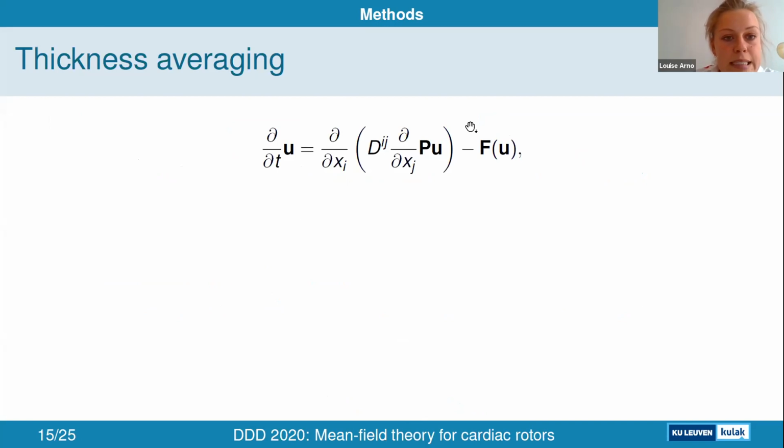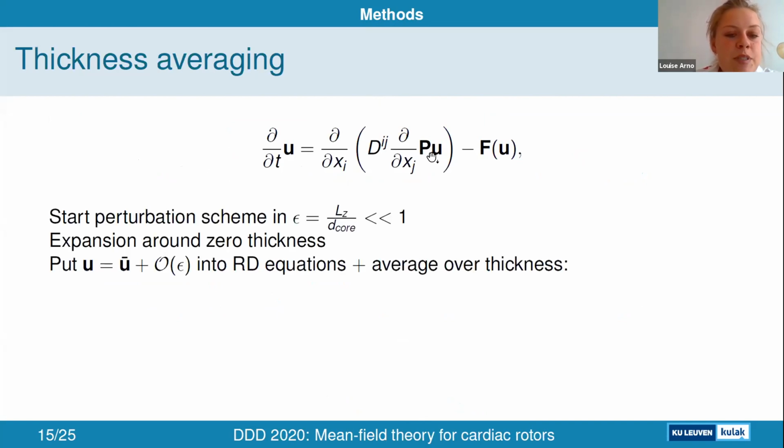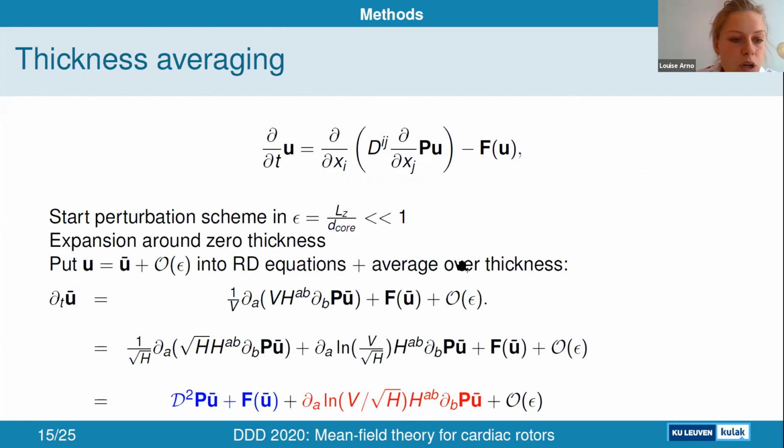Now, what is this thickness averaging? For this, we take the three-dimensional reaction diffusion equations, and we start a perturbation scheme in epsilon, which is to be considered very small since we are in a thin-wall regime. And when we put this perturbation scheme into the three-dimensional reaction diffusion equations, and we average over the thickness, we get the following result. So when we look at this first equation, we see that the leading order terms are